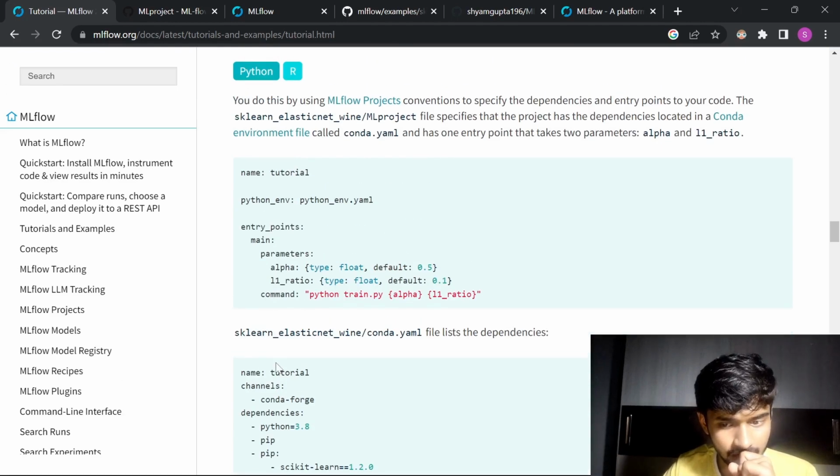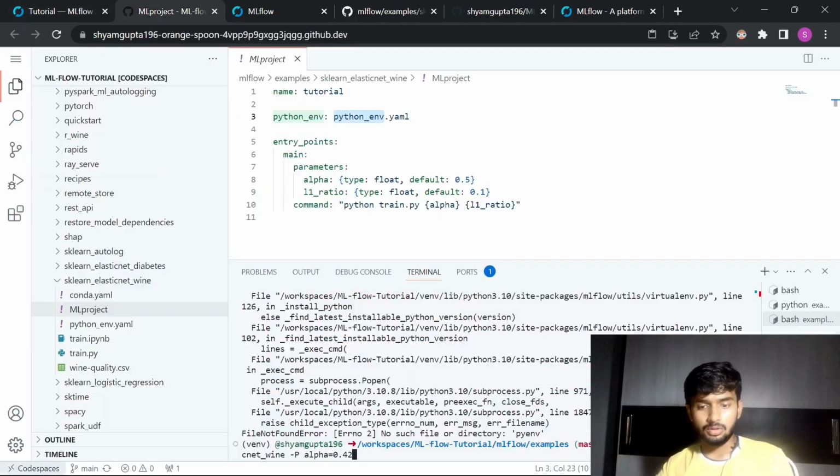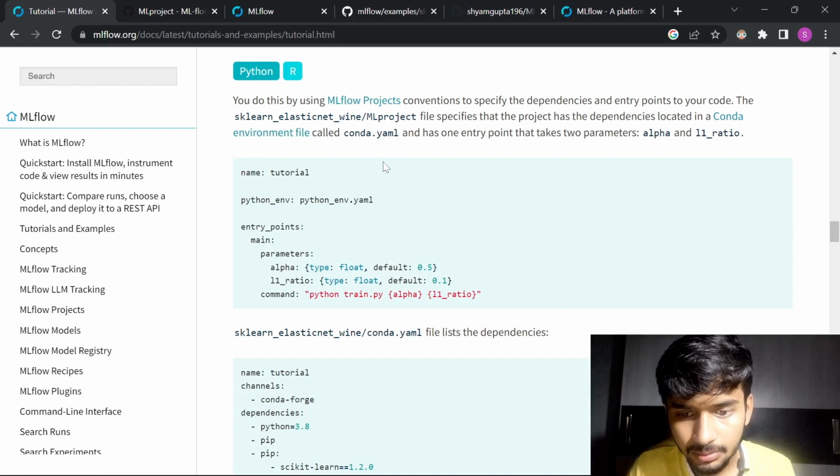Interesting. How do I do that? The ElasticNet conda YAML file lists all the dependencies. This is the conda YAML. This is an ML project, right? Interesting. There has to be something I'm missing. I think I have to